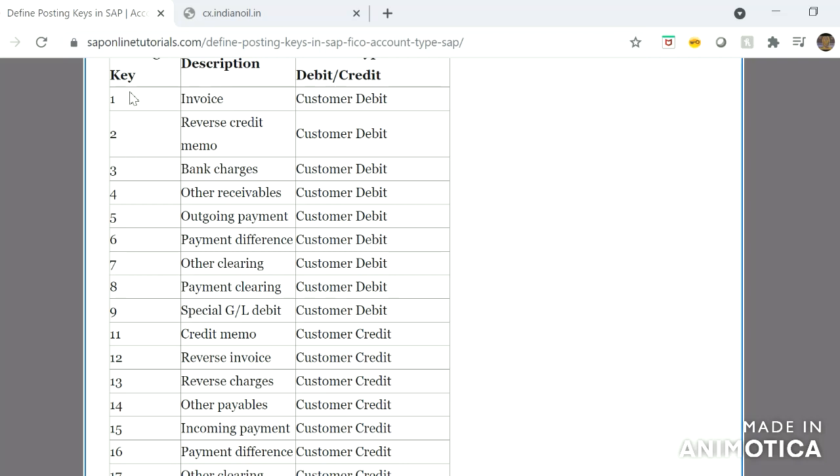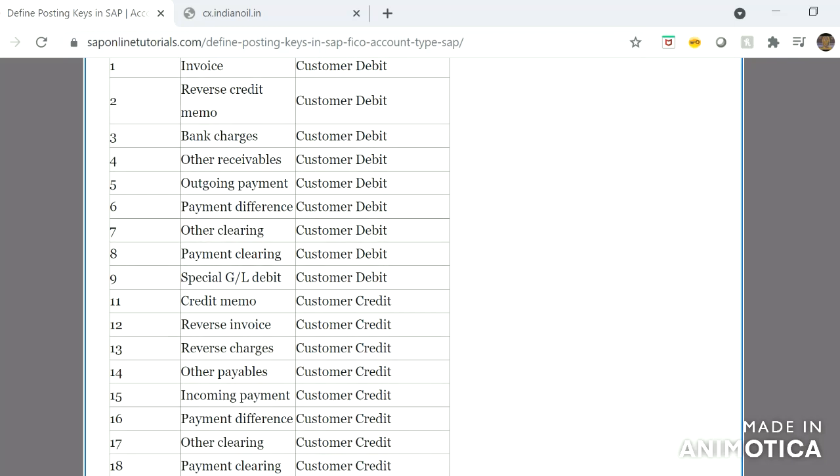Like that we can see the posting keys. 02 is for reverse credit memo, customer debit. 03 is for bank charges, then customer other receivables, customer outgoing payment, 06 is for customer payment difference, 07 other clearing, 08 payment clearing. You don't need to learn these by heart, but just keep them in mind.